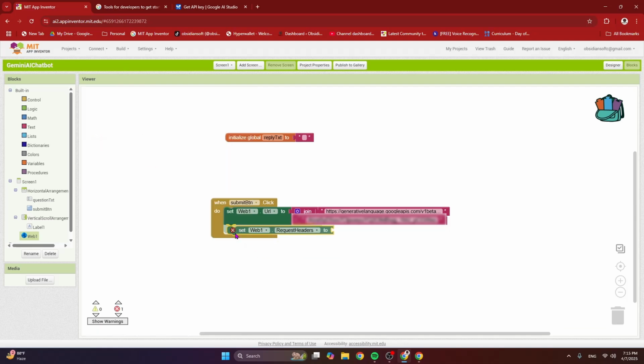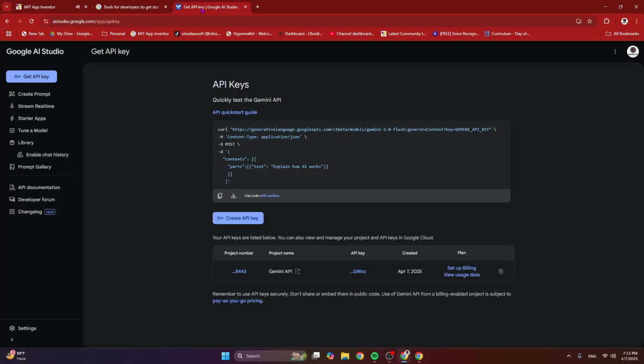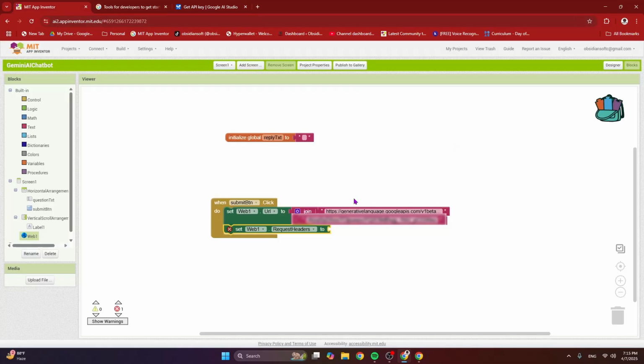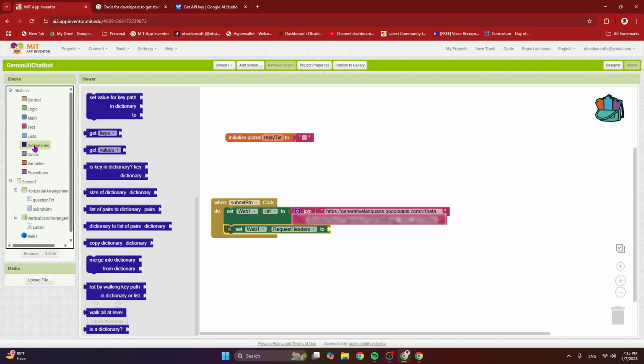request headers, okay? So basically we are converting this curl command into blocks, okay? So you can see that this is the header section, content type application/JSON, okay? So I'm constructing it right in front of you. Be super careful while doing it, okay? So set web1.request headers, go to dictionaries and get the